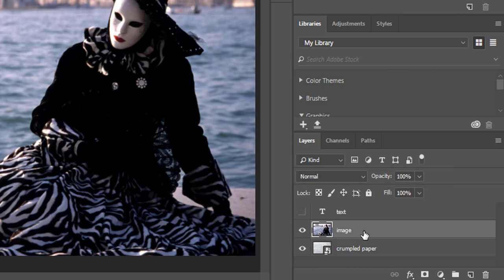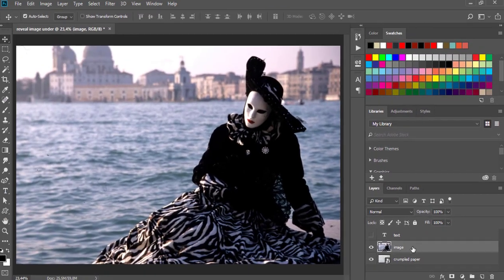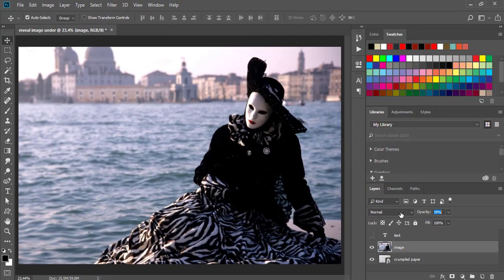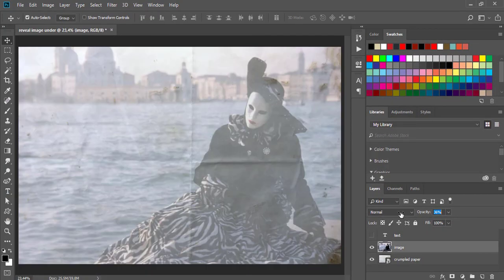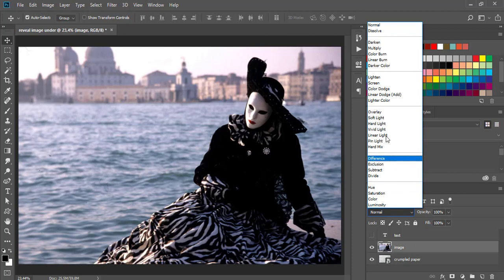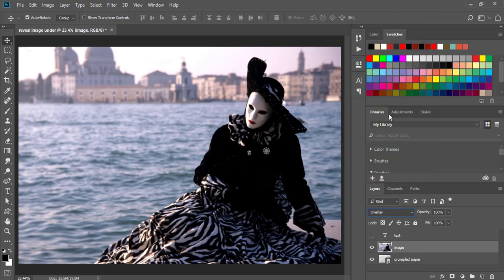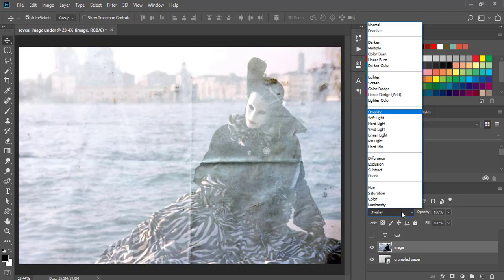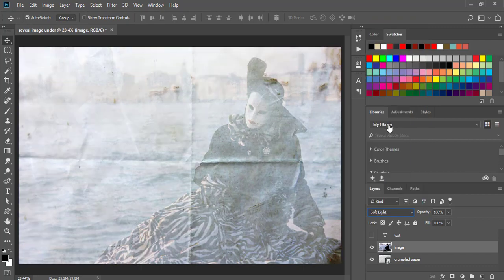The first technique to show through underlying image or pixels is to change layer opacity. Ensure that above layer is selected in the layers panel, then lower opacity. That will start partially showing content on underlying layer. The second technique is to apply blend mode to the above layer. Usually for this job most useful are blending modes from contrast group, overlay, soft light and so on.